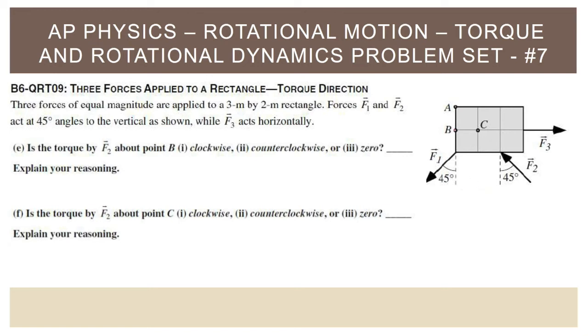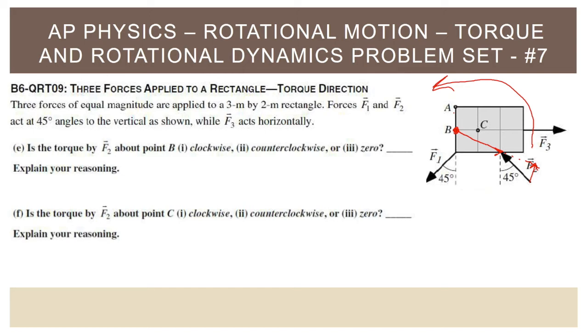Okay, so in looking at point B, again, it is very helpful to always draw a line from the pivot point to the point of application of the force. And as you can see here, if you extend that line, these forces, or these vectors, I should say, are not quite parallel. And as you can tell here, there's a little bit of room between these two vectors this way. And so ultimately what that means is there is a component of the force that's going to be pushing up this way with respect to that point. And so that means when you push up on the block like this, it's going to rotate